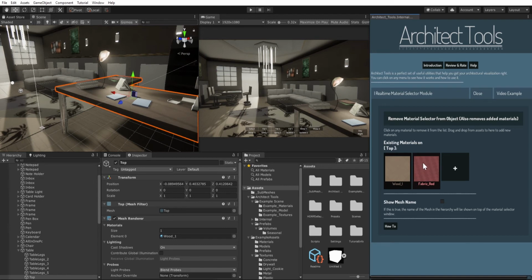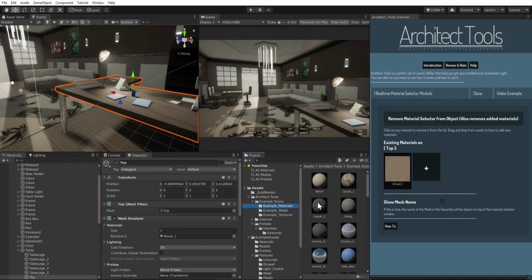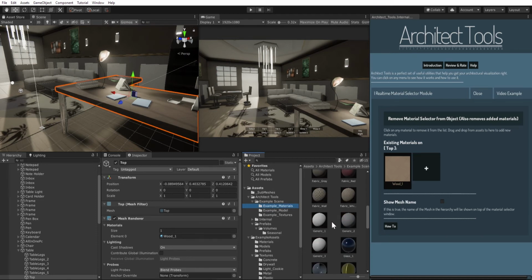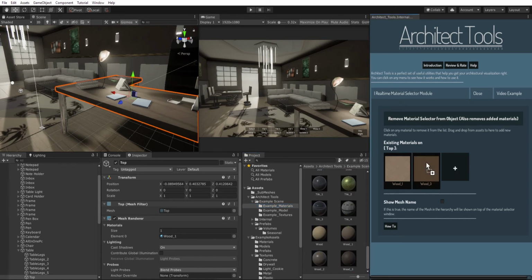So once we add this, we can select this material in real time, or we can remove that by clicking on it. And also we can just go ahead and drag and drop materials for this very same purpose as well. Let's say drag this, drop here,